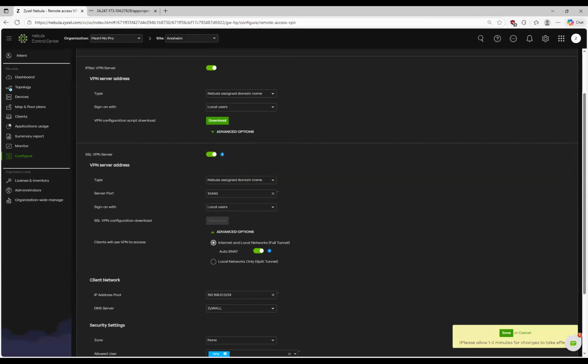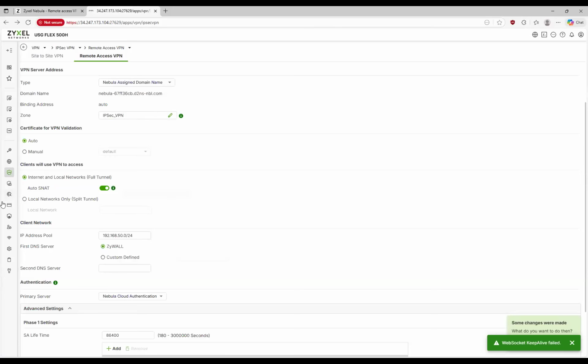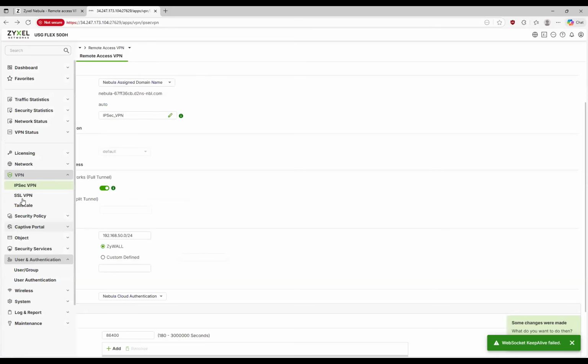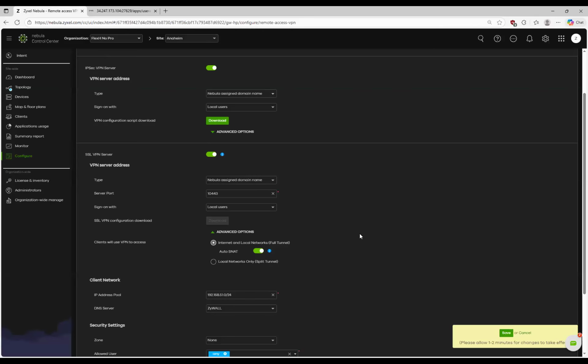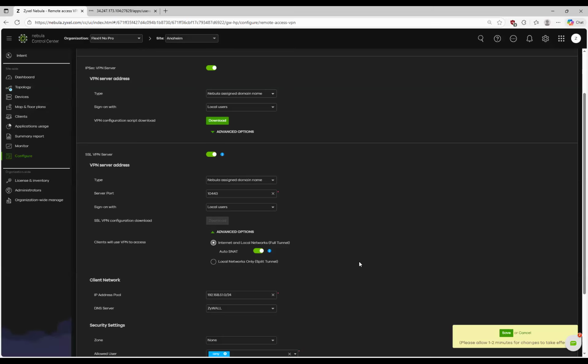Is it possible to migrate users in the local GUI into the Nebula Cloud? As of right now, no, there is not, because we have a user group. What you can do is, I know that we had an option to do it one way, but we don't have an option to do it the other way for certain tasks. But what I can do is definitely run that up the chain as a feature request,